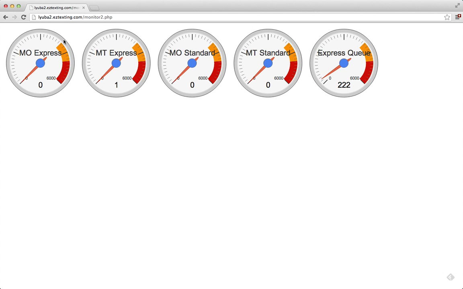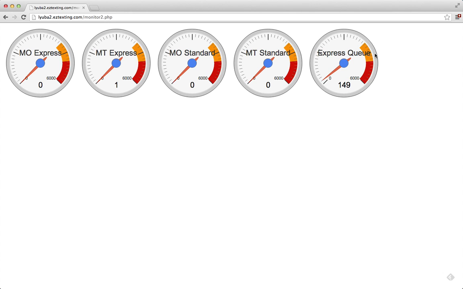Here are some graphics. It shows the current status of all jobs waiting: incoming express, outgoing express, incoming standard, outgoing standard, and we also added something besides Gearman.